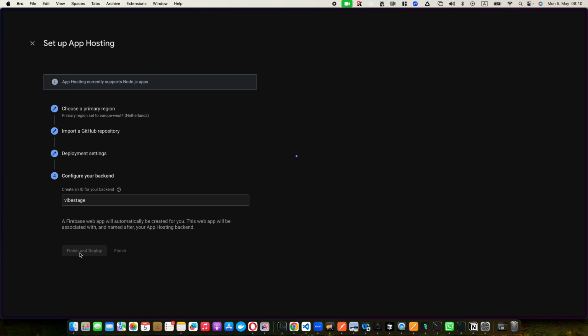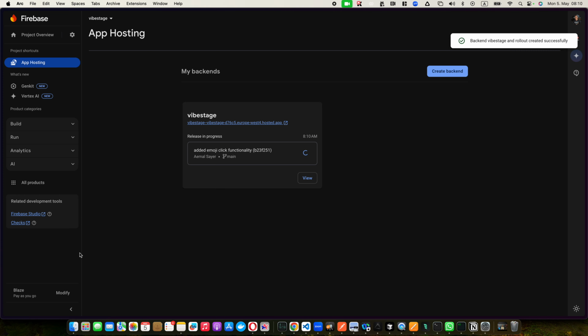This will fail if you're not using NPM. I did a little bit of research before and found out that the default pipeline of Firebase does not work with bun. For that, we need to do Dockerization, and that's a little bit of a complex topic, and I don't want to overcomplicate this course with Docker containers. So right now it's deploying,